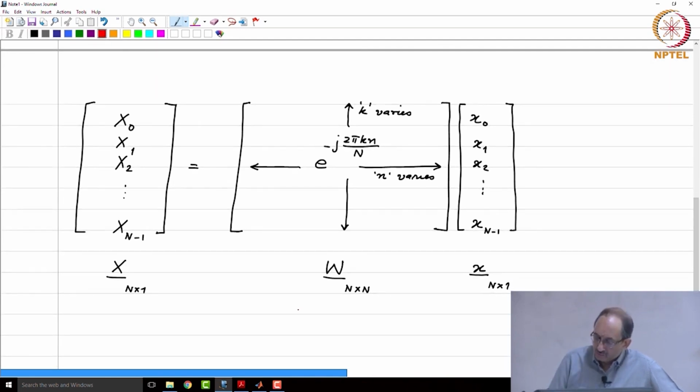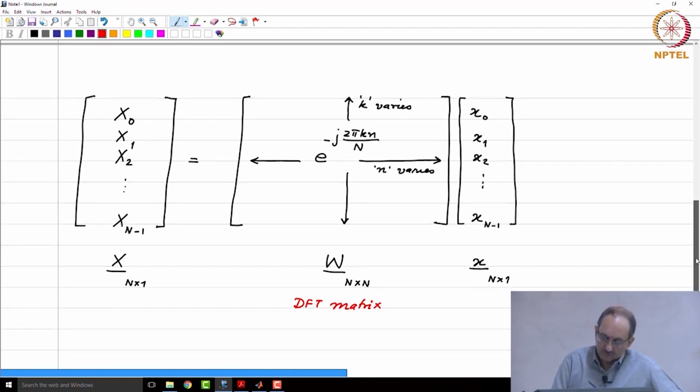This is also called the DFT matrix, and the notation cap W is used